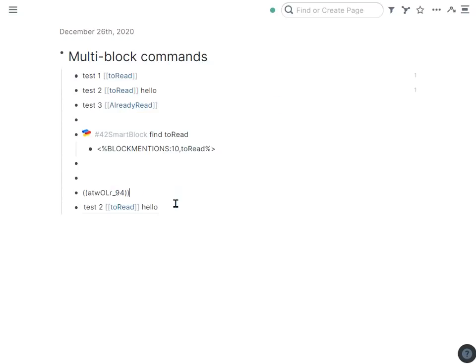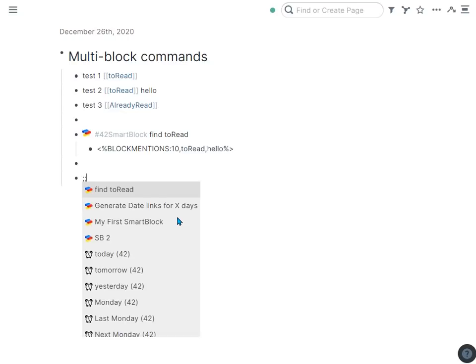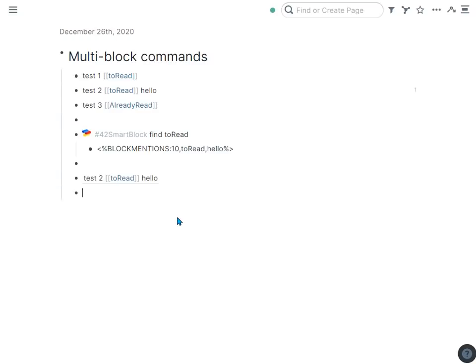Let's add a little bit of extra text here, because as you saw, there was also a filtering option. I can return back all the toRead blocks, but as a filter option, only those that say a certain text, like hello. Let's run that again. And now it returned the toRead, but only because it had hello. You can also add minus in front as a parameter, which means return all toRead blocks that don't have the word hello in it,